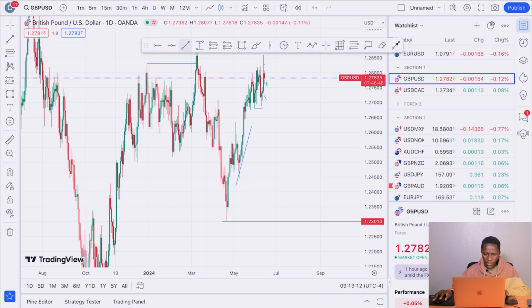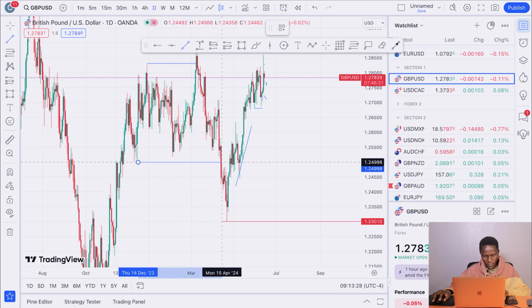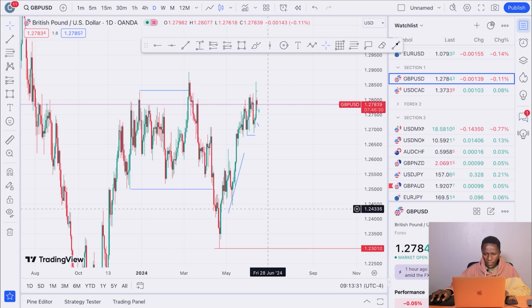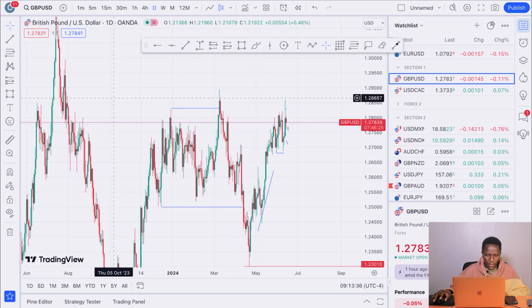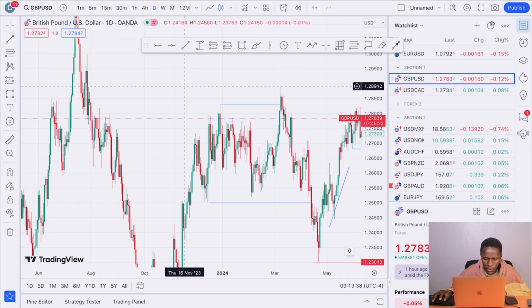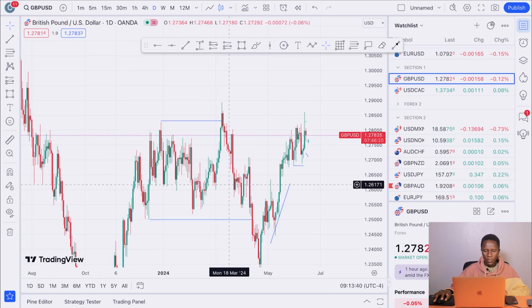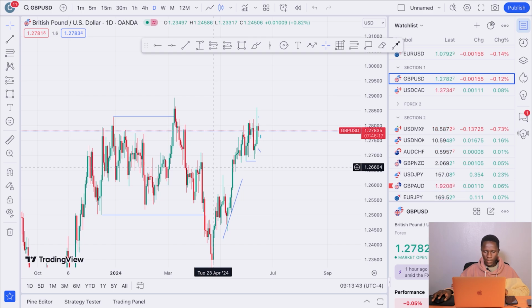Here we can see it was a break of structure, and the market broke two sides, but here we have to find the order block and see what caused this move. Like if it was an uptrend, what caused the uptrend? If it was a downtrend, what caused the